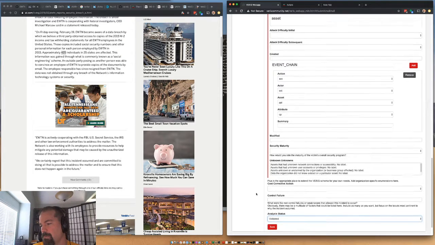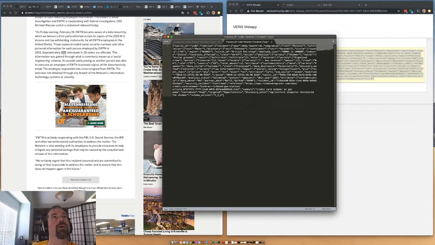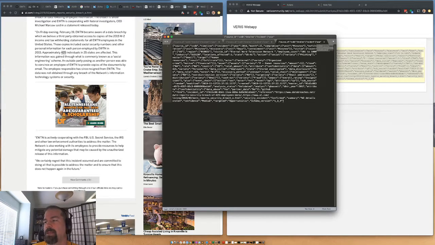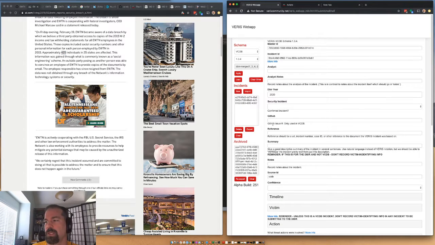Mark it validated. Save it off. If anyone knows why those might have happened, I'm super curious. Like why we don't see W2 forms. Was it a specific threat group that was doing it and they just gave up or got done? You know.